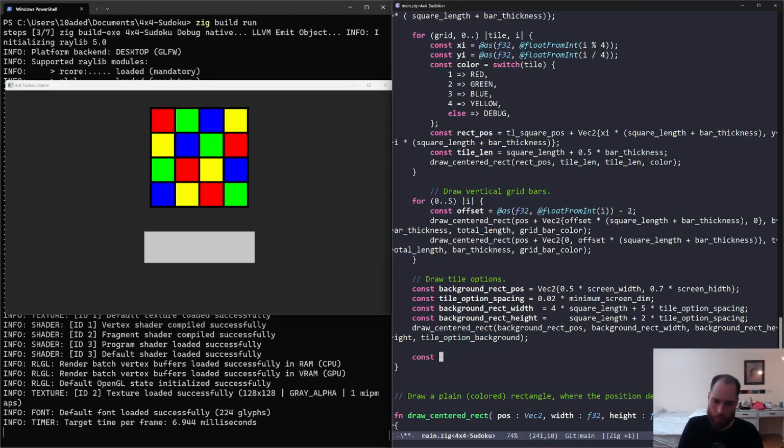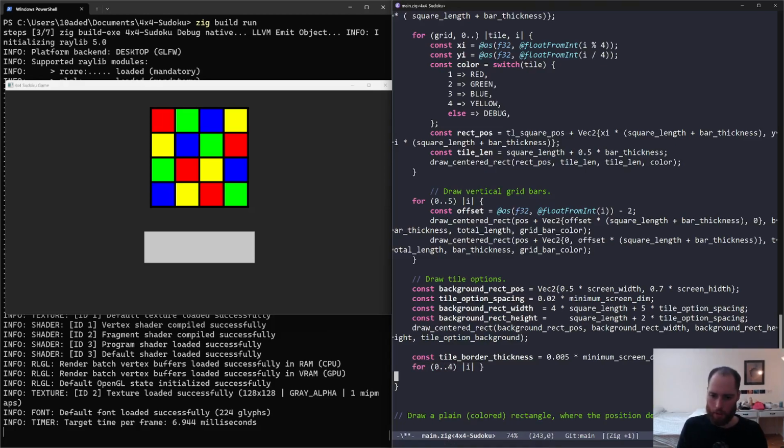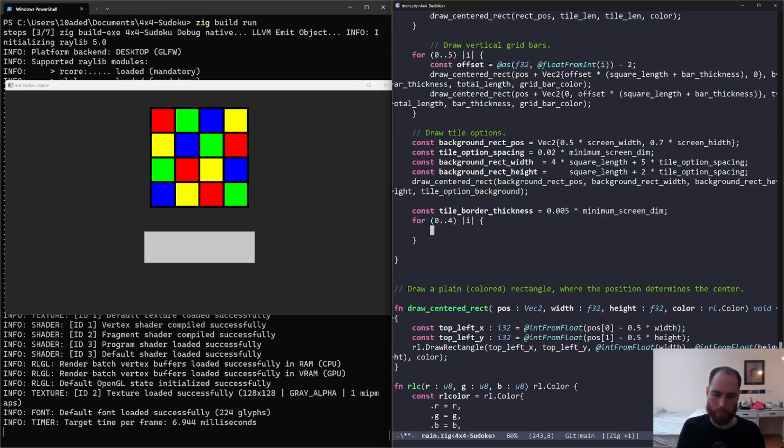Let's say we define the tile border thickness to be 0.05 times the minimum screen dimension, and then we need to draw each of these, and there are 4 of them. And then we want to say